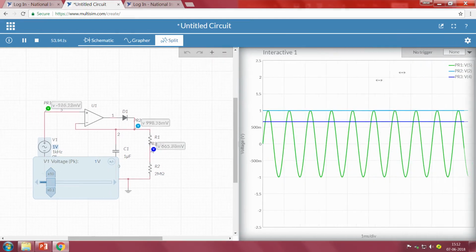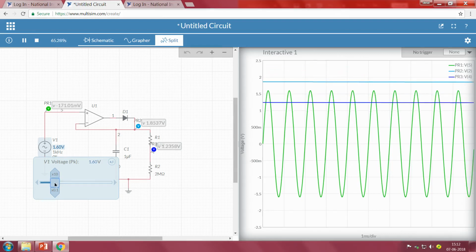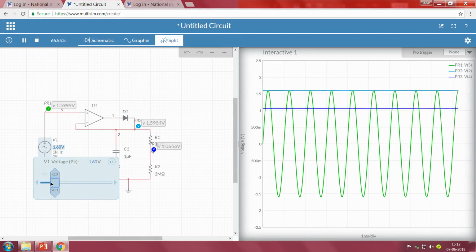If the input voltage changes, even the threshold value will change, and how fast it changes depends upon the capacitor value that we have chosen. In this case we have chosen a 1 microfarad capacitor. So, another requirement for the signal conditioning or signal processing circuit of our ECG is completely fulfilled using this circuit.